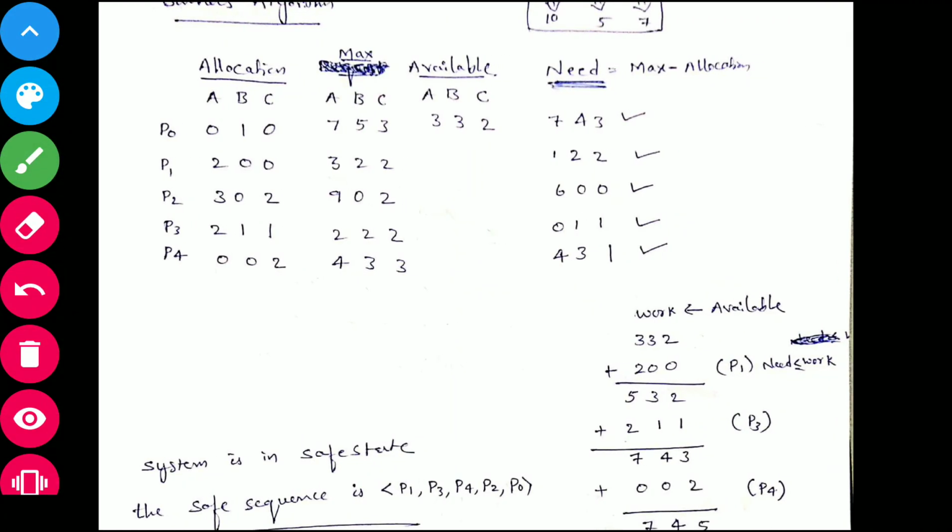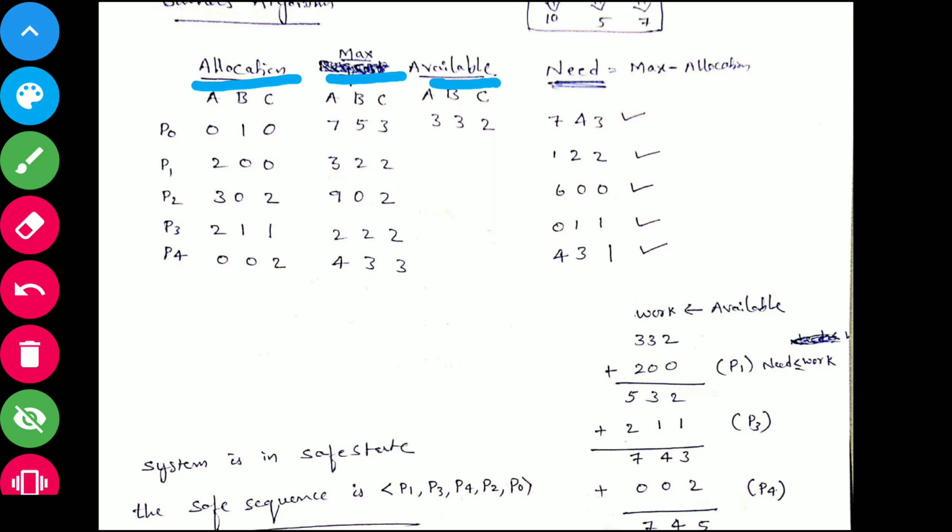What is there here? Allocation is there, maximum demand is there, and then available is there.